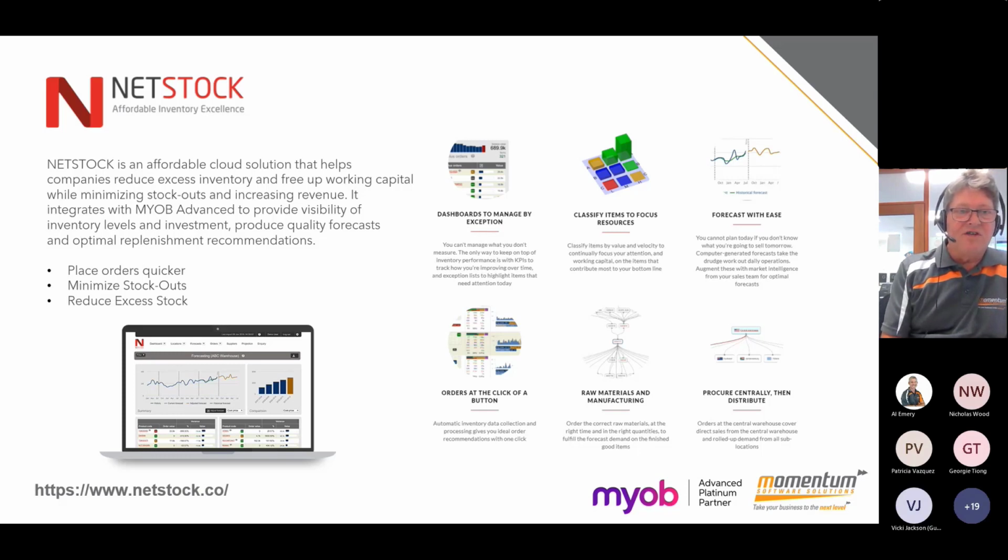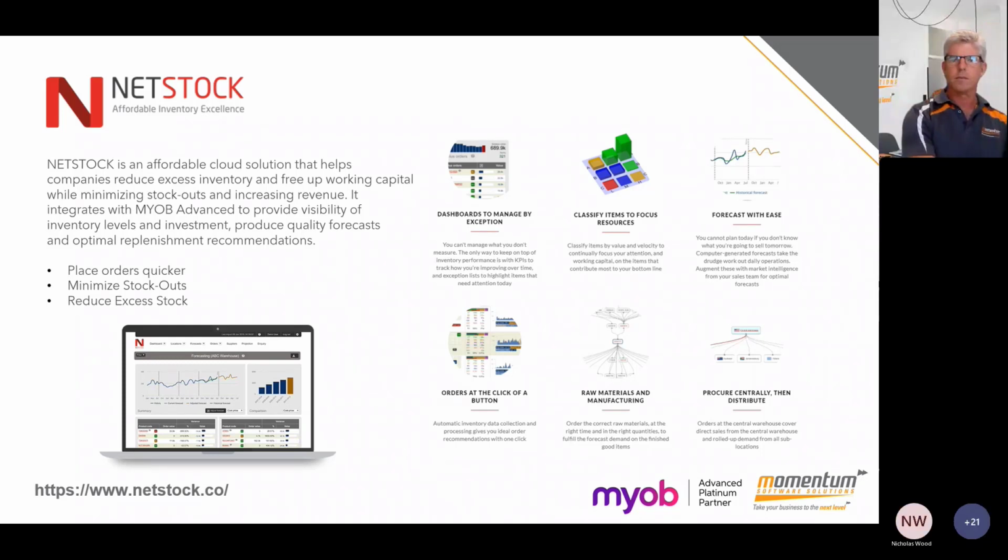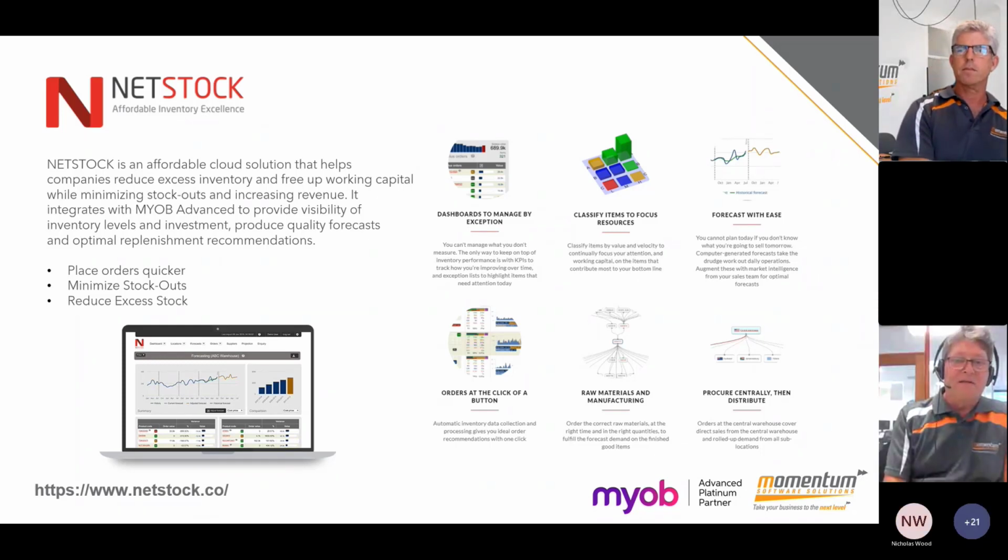And of course price changing, price manipulation around the stock, also central procurement and distribution. Then it boils down into the raw material and manufacturing side of things, and the ordering side as well from your suppliers. That's the last one. So that's just a small sample of the add-ons available in MYOB Advanced. If you go onto the MYOB website, you'll find there's a good 50 or 60 add-ons to MYOB Advanced. And that's back to Alistair.